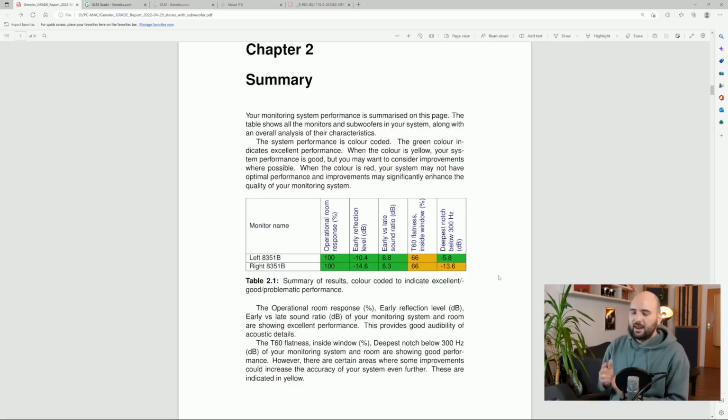Now, if there's one little detail that I would nitpick, it's the explanation of the wavelet plots. Maybe Genelec, you guys can put some more explanations around that with the next upgrade of this report. It is a very useful plot to have, but I think it could do with a bit more explanation and analysis. But to leave the whole thing on a high note, what I like more than anything is